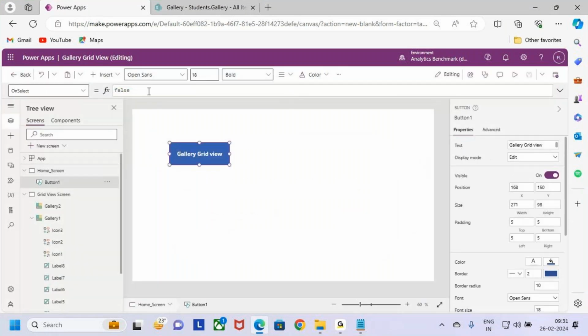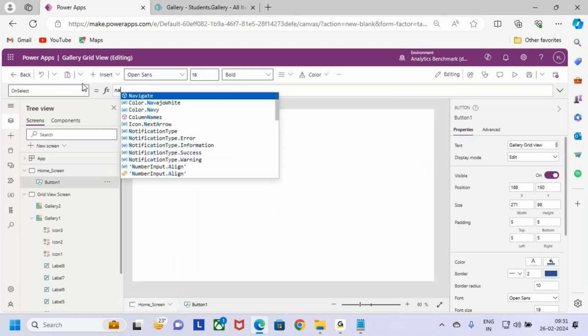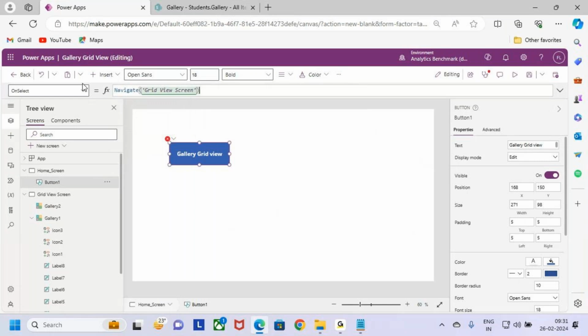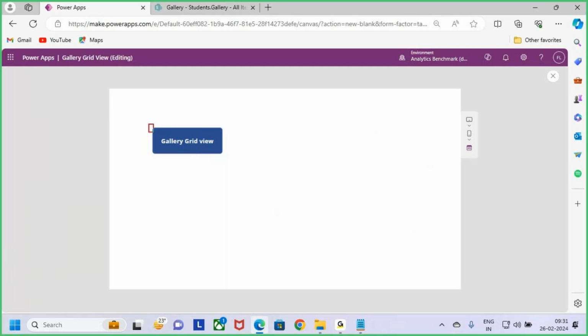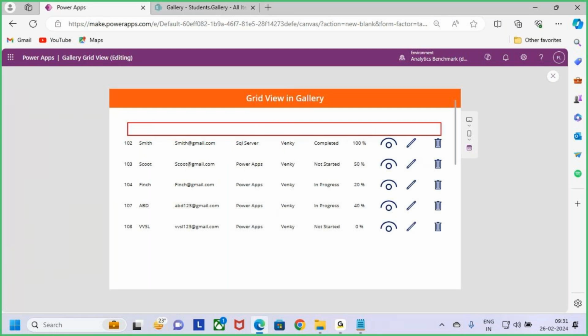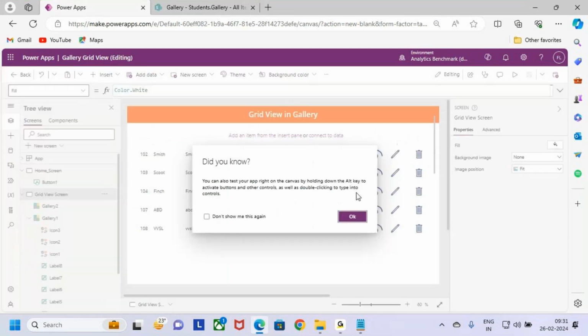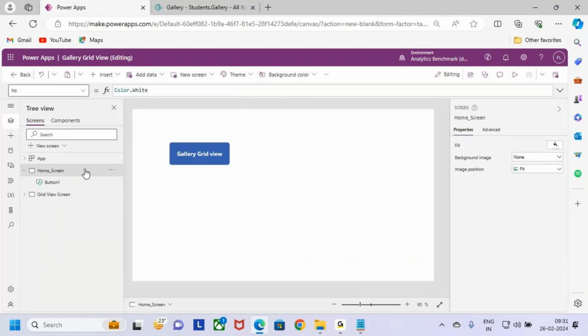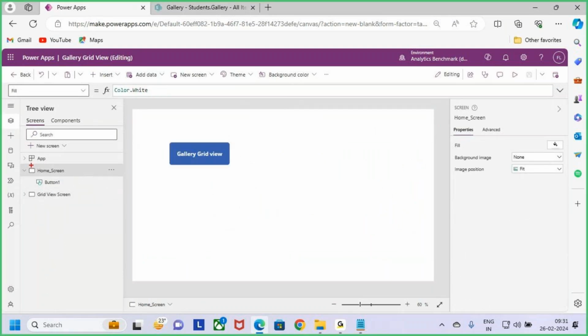Now on select of this property, I want to use the navigate function. Navigate to which screen? The grid view screen. Now see, save it, and when I play, whenever I click on this gallery in grid view, I want to see the header here. So in order to keep the header, whenever I come from screen 1 to screen 2,